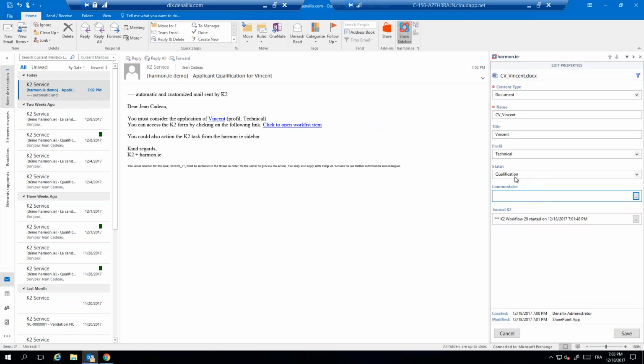So in this case, I can see that it's the current status and the information that's been added by the K2 workflow process. But what I actually want to do here is add a comment to say, actually, I've reviewed this CV and I've got some concerns about this particular candidate. Maybe they don't have the right qualifications that we're looking for, or the right experience. So I'm just going to add a comment to say that this candidate